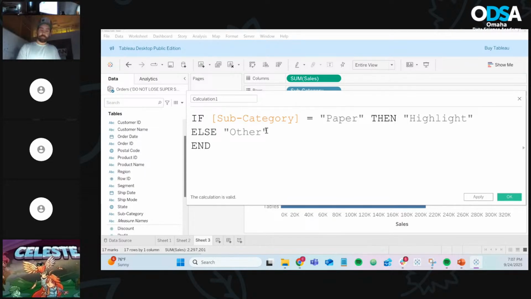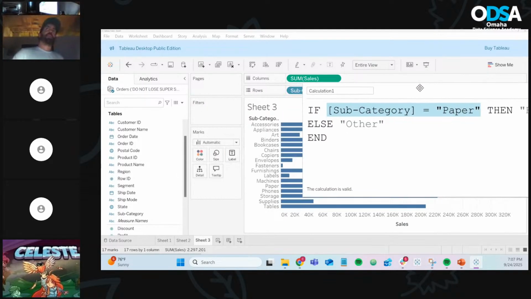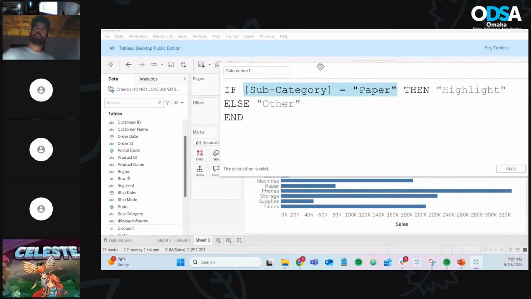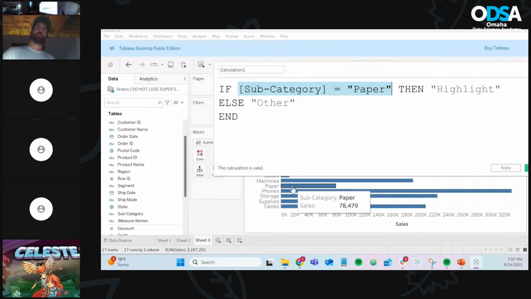So this is going to be a logical condition. For every single row, I'm telling it if, right? All if statements always start with an if. And then this is your condition that you want to check. Does subcategory equal paper? Right? So over here, does this equal paper? No. Does this equal paper? No, no, no, no, no, no, no, no, no, no, no. Yes. No, no, no, no, no. Right? So if it equals paper, the one yes that we got on there,